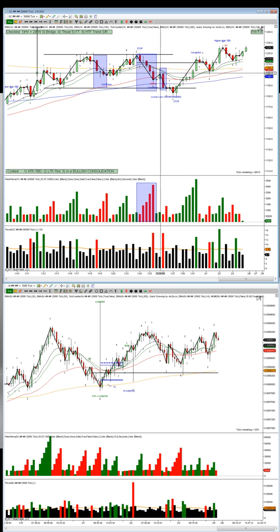Sell some more, thrust, and see if you can break it. And I don't think so. Bought right back. Boom, boom, boom. All green, green, green, green. That means they have plans for this market. And it's already taken out the high,